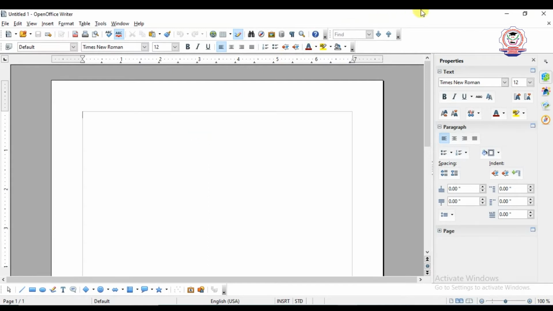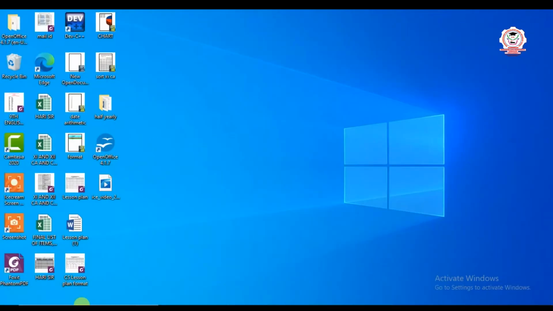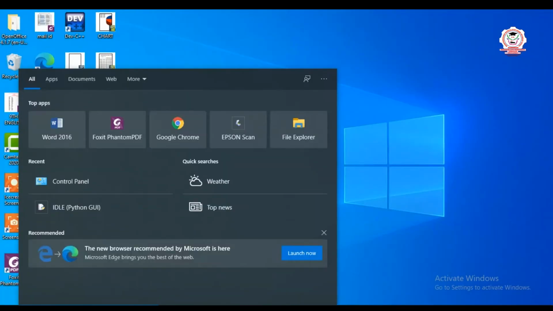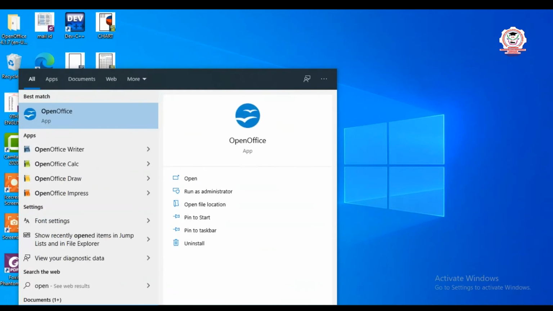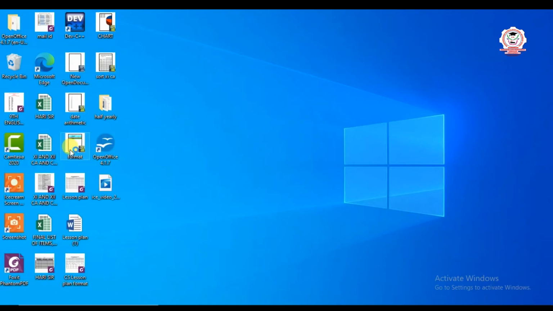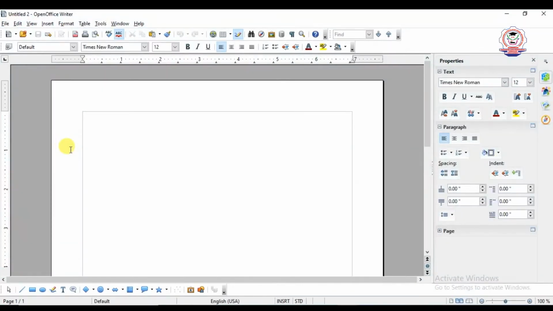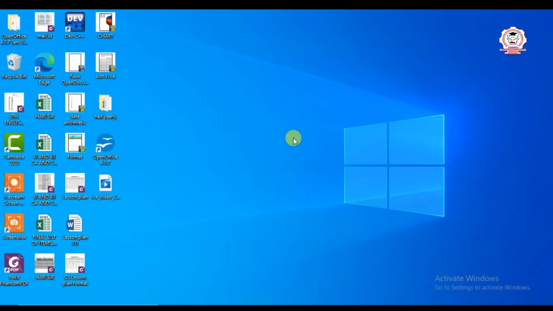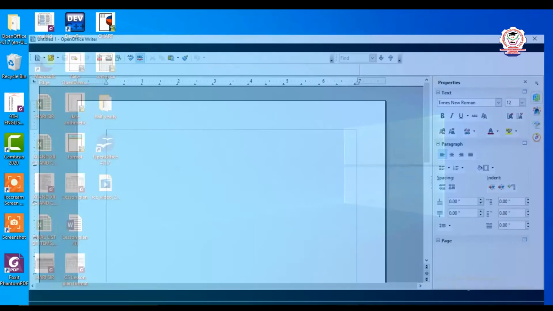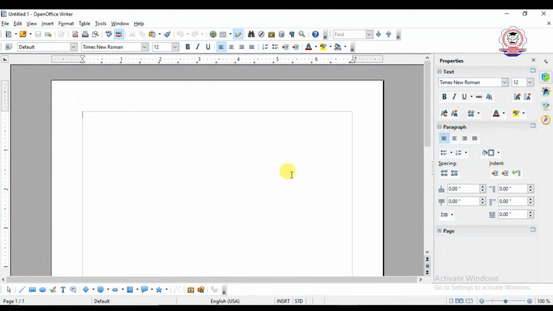Another way to open a document: in the search box you can type Open. It will show all the related content. Here also OpenOffice Writer, you can select that, and it will directly open an OpenOffice Writer document. You can select any one; this is enough.